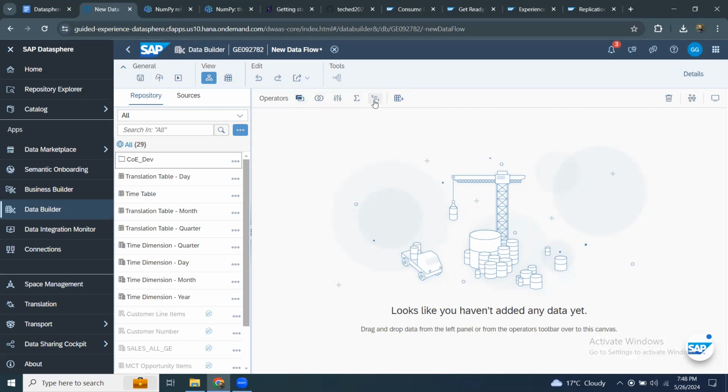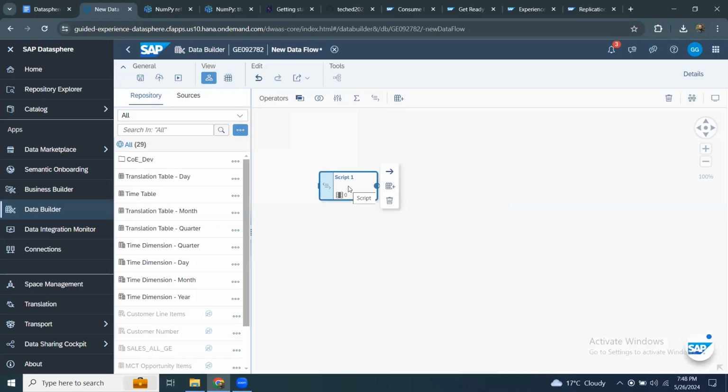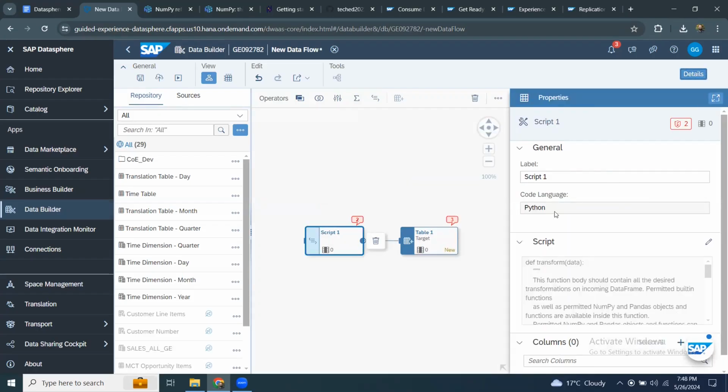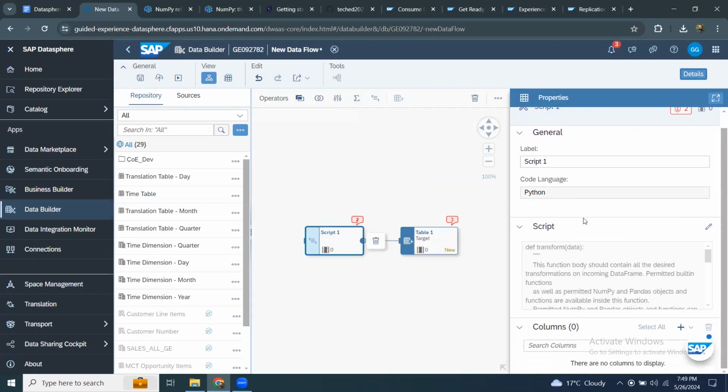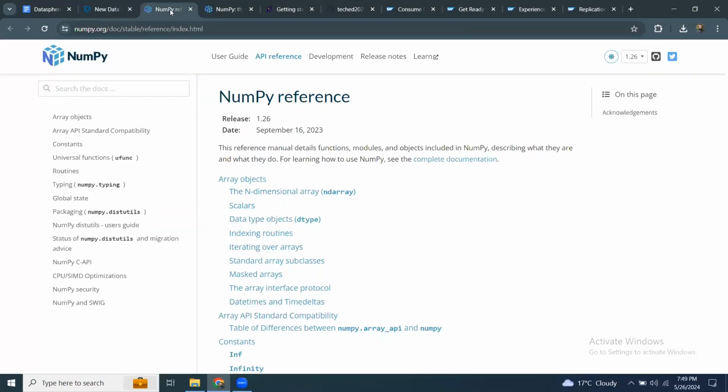If you look at the script here and click on it, you get an option to use the table, but the script you're going to write here, if you open this, is going to be a Python script. The properties of the script are going to be in the language Python. So you can add the columns and then go into the Python editor. Then you can start using popular libraries like NumPy. Also you have the documentation about the predefined functions and modules that are available in NumPy as an open source